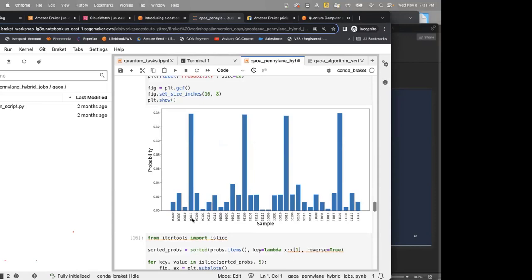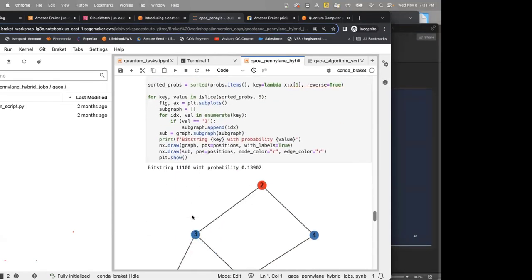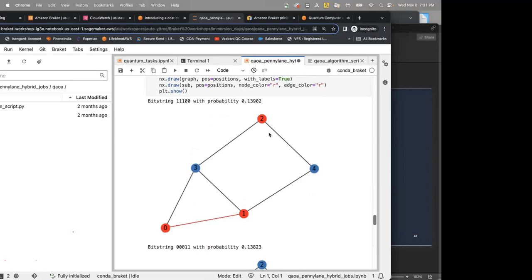So corresponding to this first solution, 00011, this is the probability. The partition is such that the 0th node, first node, and second node are in the red subset, and third and fourth are in the blue subset, right?